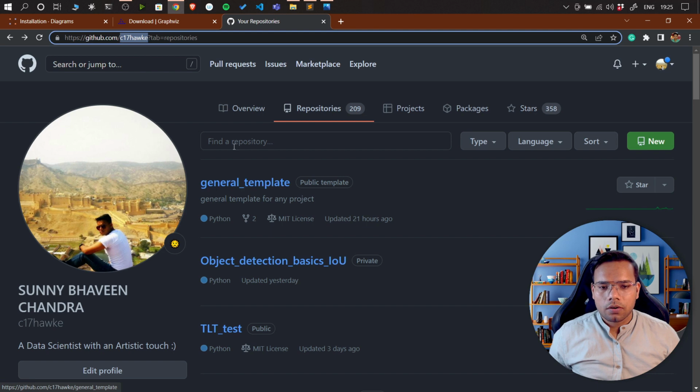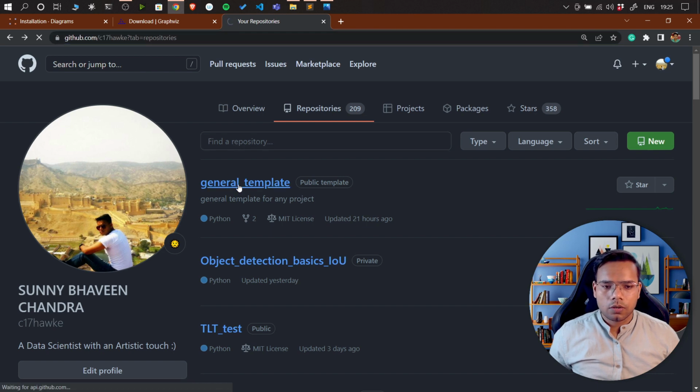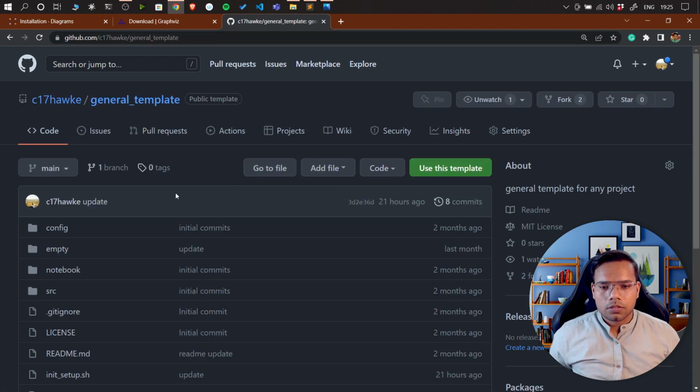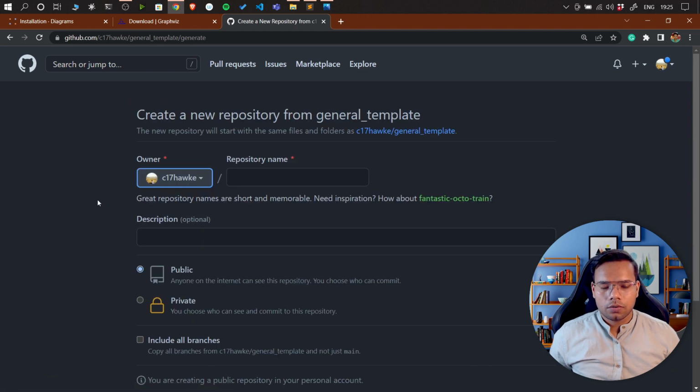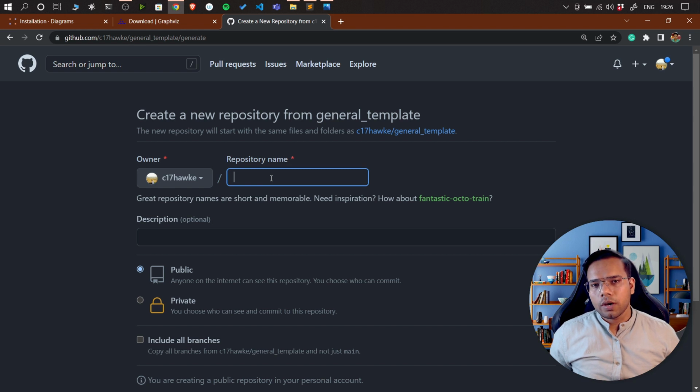Once you come here, you can just search for the general template. If you click on it, it's a public template, so just make use of it. Use this as a template. A template is kind of a boilerplate. Let's say you're doing similar projects repeatedly; there has to be a starting point, right? This template gives you a starting point so that you don't have to write the same thing again and again. So I will simply create a repository here,